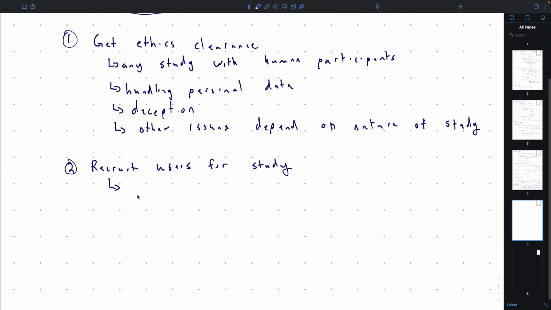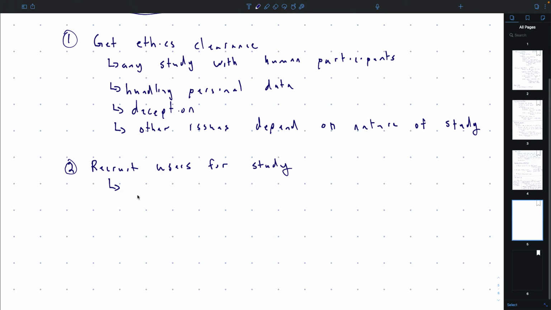So if I put posters up around the university, I'll get lots of grad students or undergrad students, right? And so that's a certain demographic. If I put them up at a grocery store, I'm going to get a different demographic. If I even just use posters, that's going to be a different demographic than maybe posts on Facebook or targeted emails or whatever.